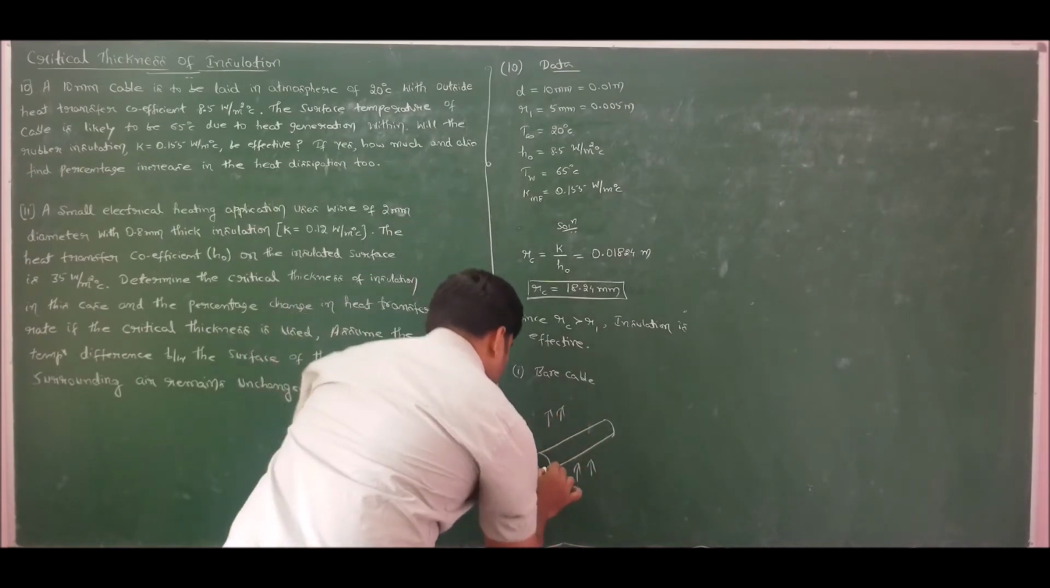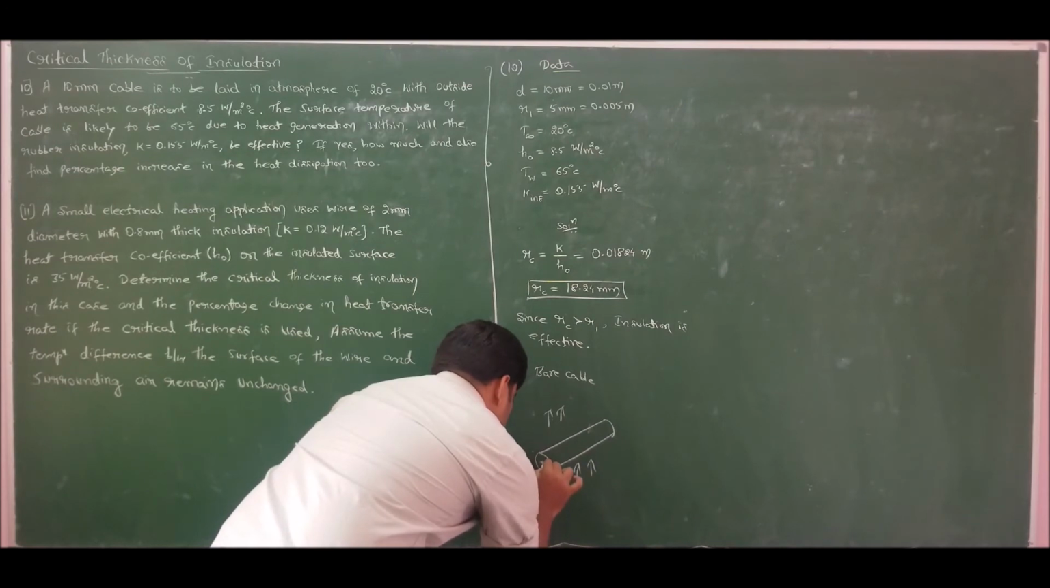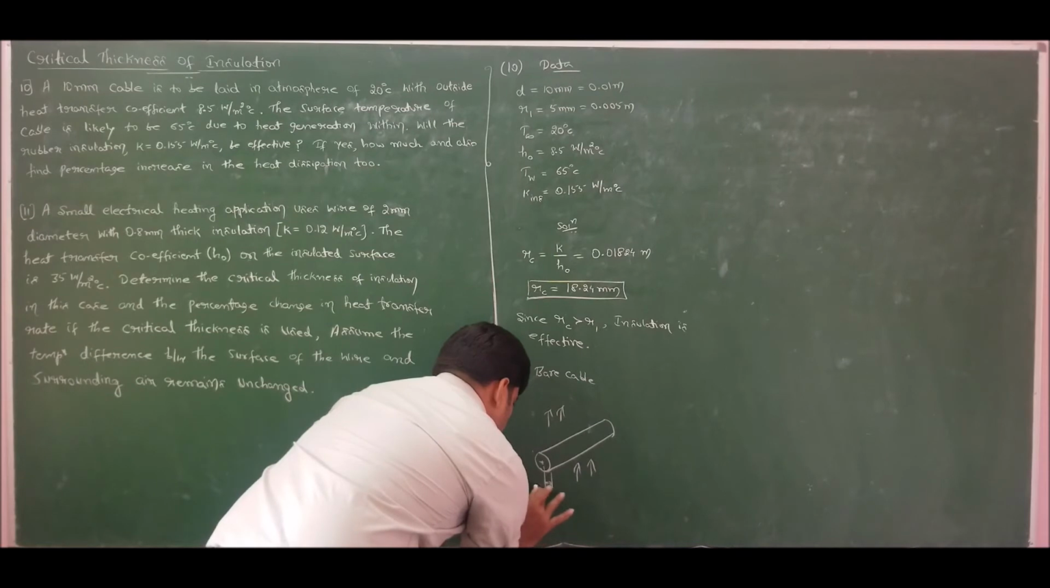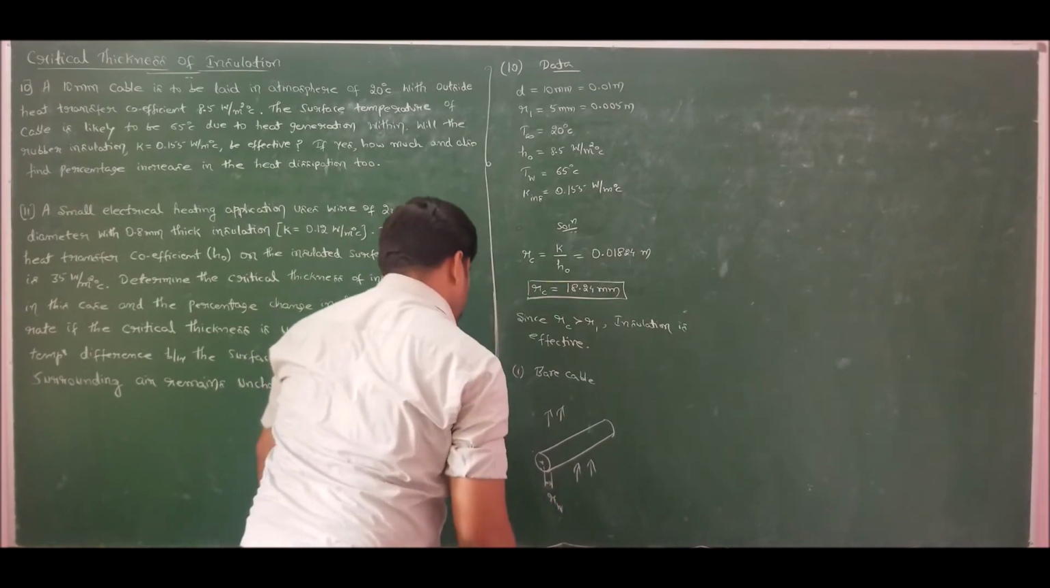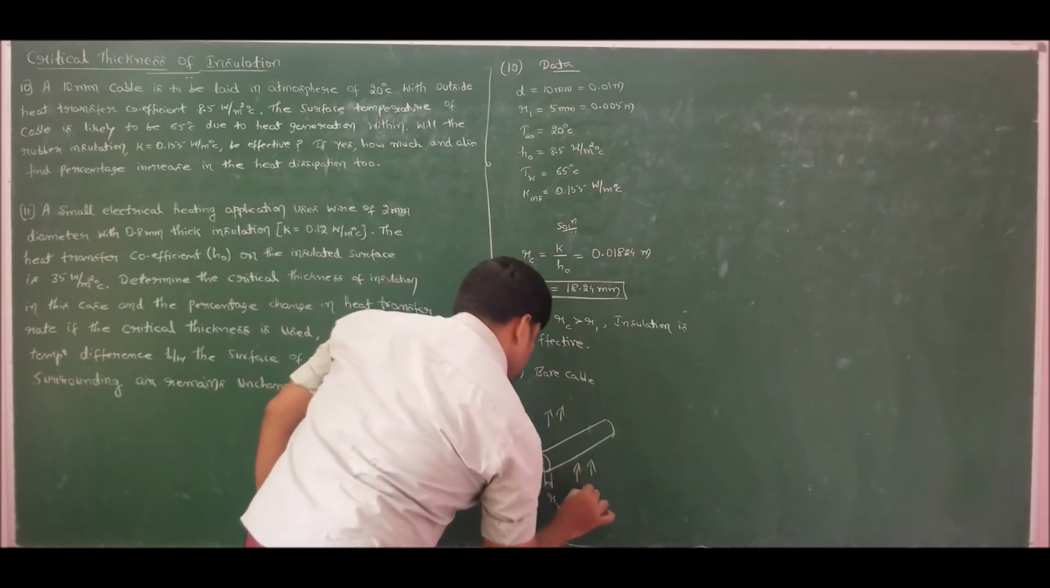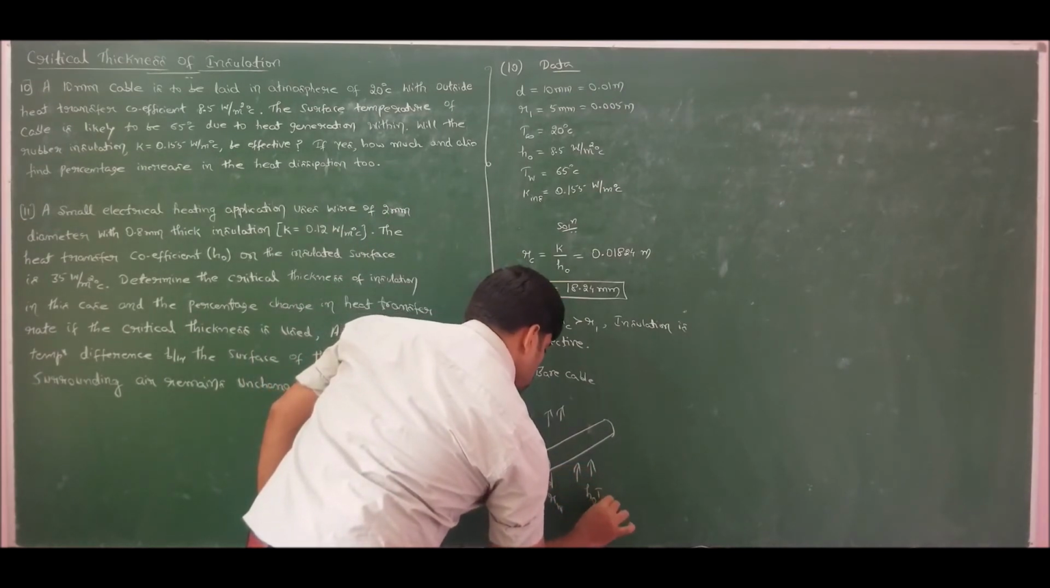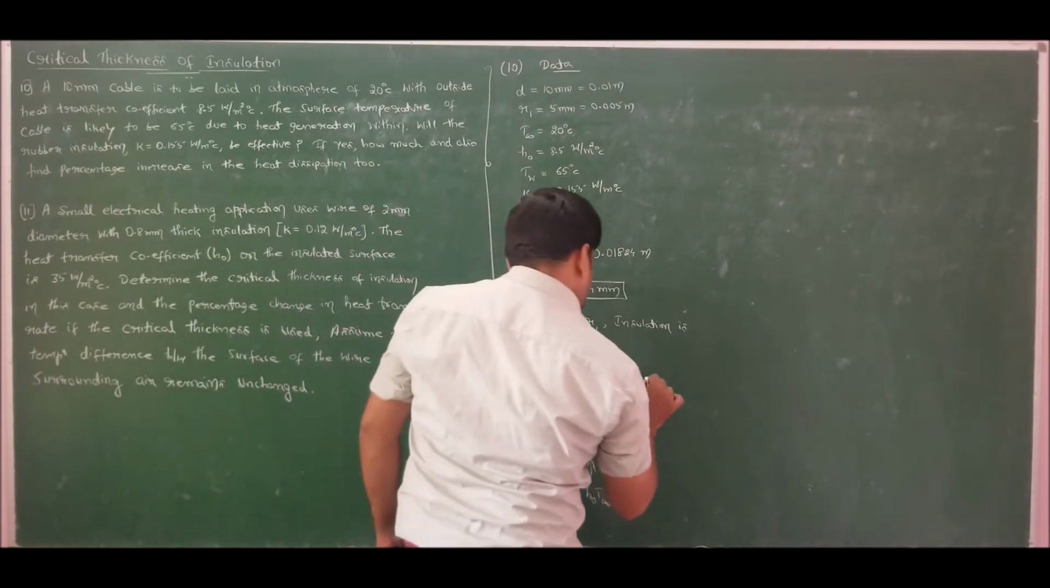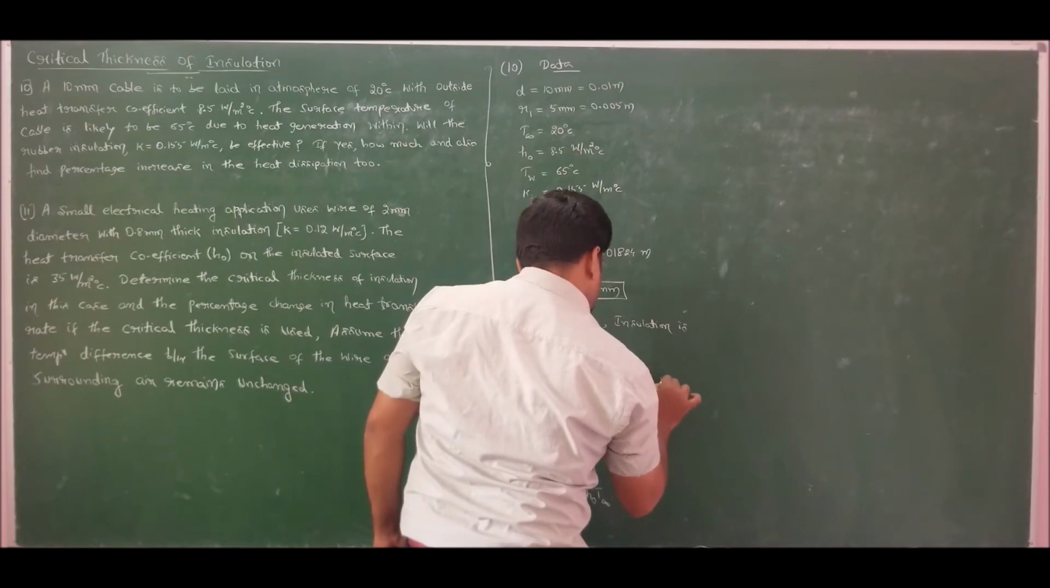And you people know the radius of this. This is the radius of the cable. Let us take it as the radius of wire, and we know the value of h0 and T infinity. If I go for the second case with insulation,